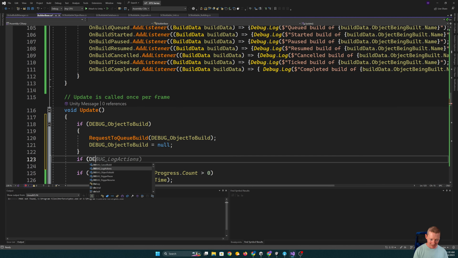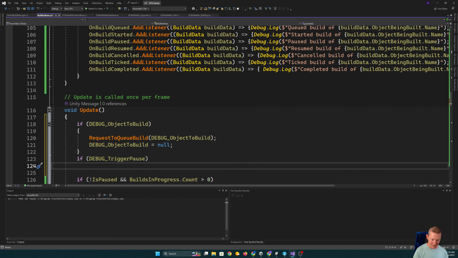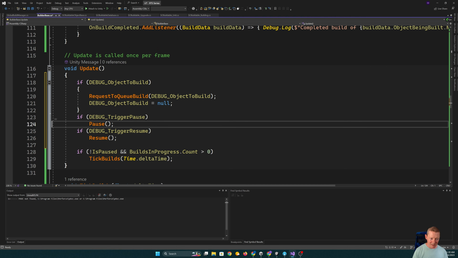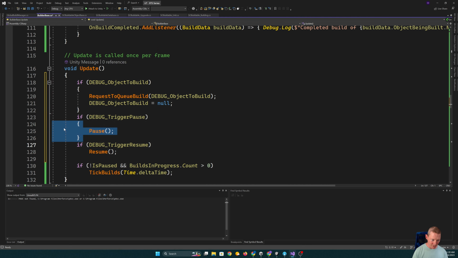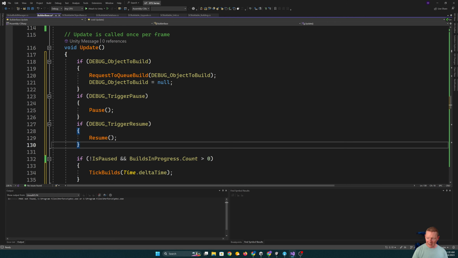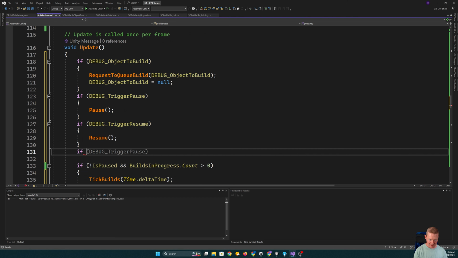We also have debug trigger pause, and then that is just going to go pause. We have a similar thing for resume. I think just for consistency, I'll put these like that, just so that we're following a similar pattern for all of them. And then the final one is if we are doing the cancel build, and we've actually got builds to cancel,